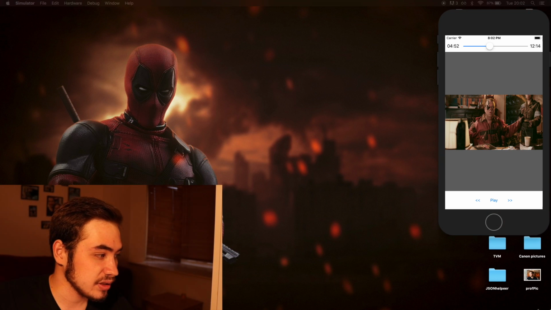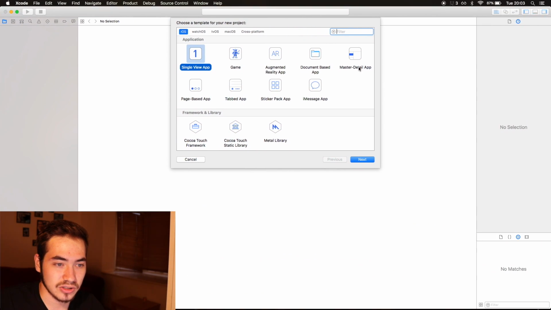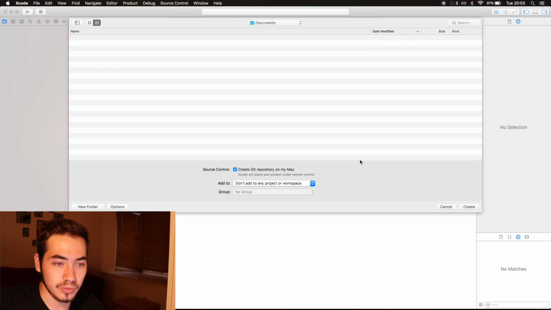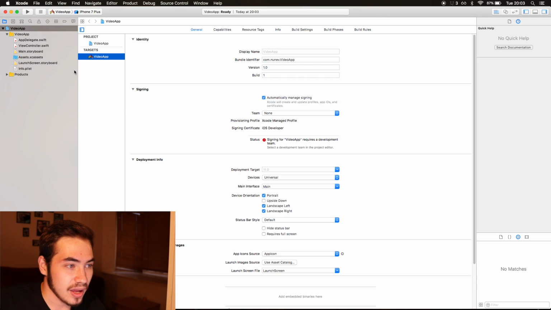So let's open Xcode, and I have it open right here. So this is Xcode 9, and we're gonna start as always with a single view application, and let's call this video app, and language is set to Swift. So we press continue and create this. Perfect. Now the first thing we want to do is to design our